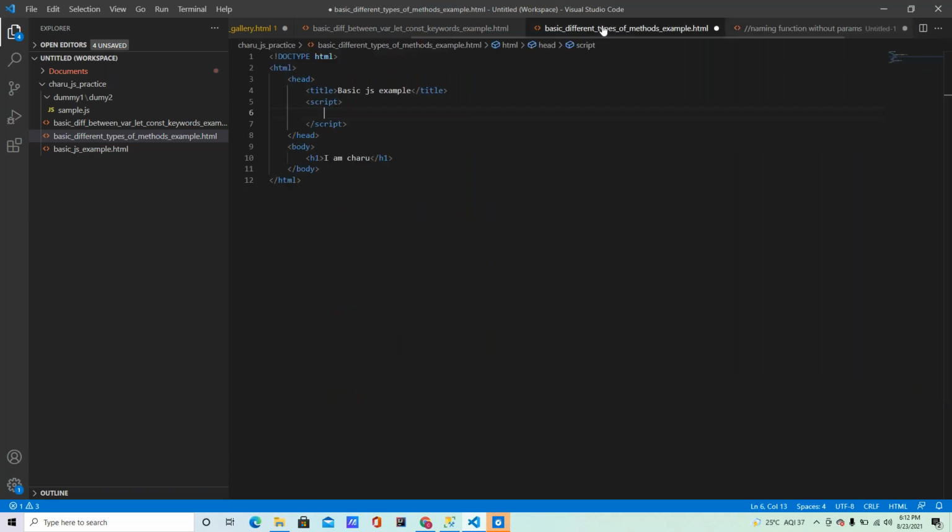One more thing I want to clarify. In real time, no need to worry about when to use a normal function, an anonymous function, or a lambda expression. Whichever function you are comfortable with, you can use. But especially when writing a callback function, we need to use an anonymous function.